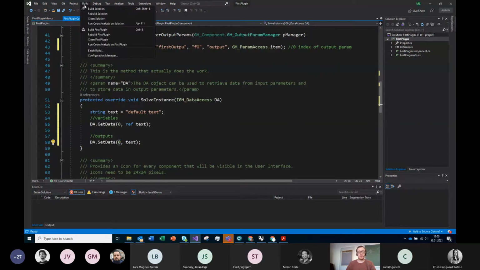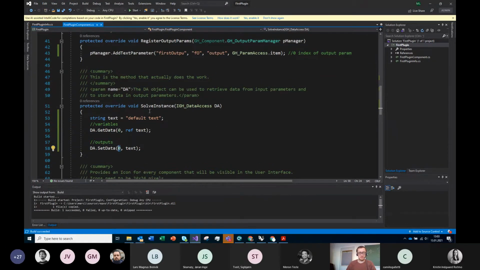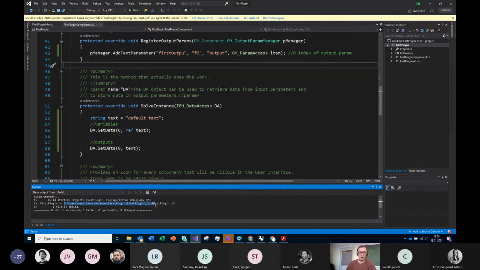So I will just build this solution. I will click build, and I have the information. First plugin C user as something something something, which is the address which I created, has been copied, and build has been succeeded. But as you can see, generally this address is not really corresponding to my Rhino